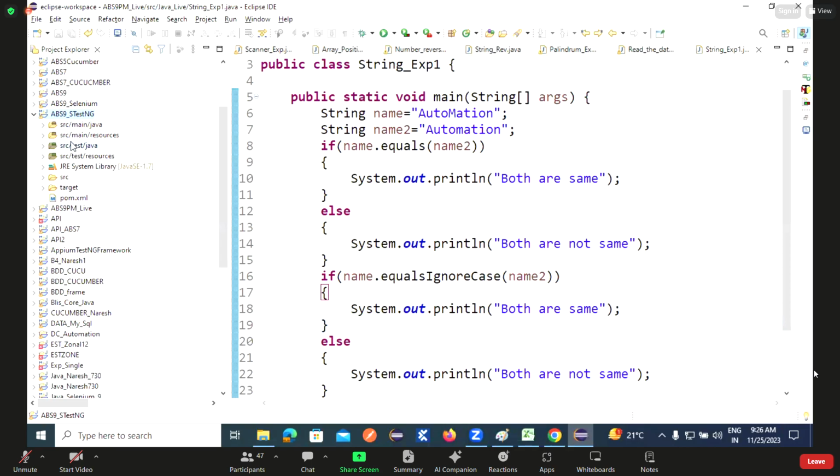src/test/java: here the tester is able to write the code. Main-related resources will be stored inside src/main/resources. Test-related resources will be stored inside src/test/resources. This is the library for the Java. This src is the source code, everything will be stored here. The target is where the output will be stored